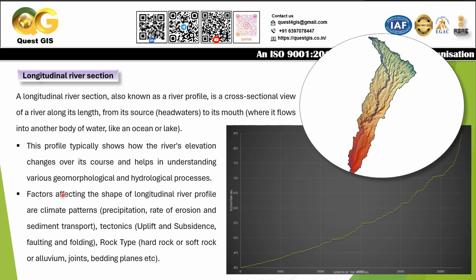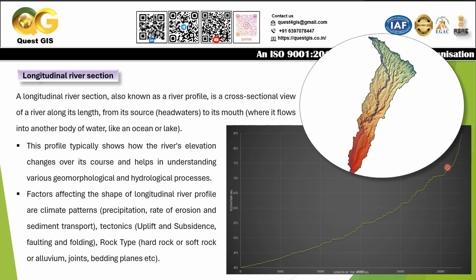Now the question arises: why does this river have this particular shape? Why does it become flat at some places, and why is there a sudden drop in the elevation? Why is it not a continuous river? Basically, the factors that affect the shape of this longitudinal river profile are, first, the climate patterns. In the long term, in thousands or millions of years, this river basin might have faced different climate patterns due to changes in the precipitation, which again affect the rate of erosion and sediment transport, and